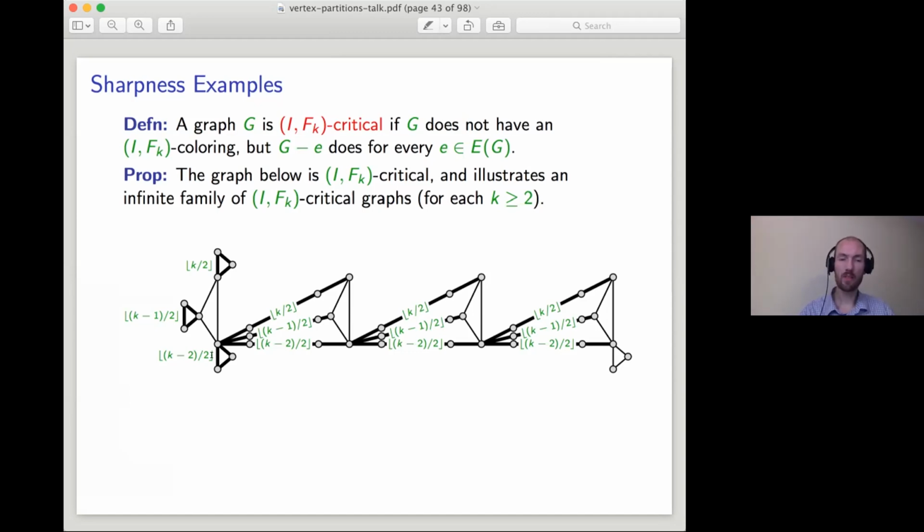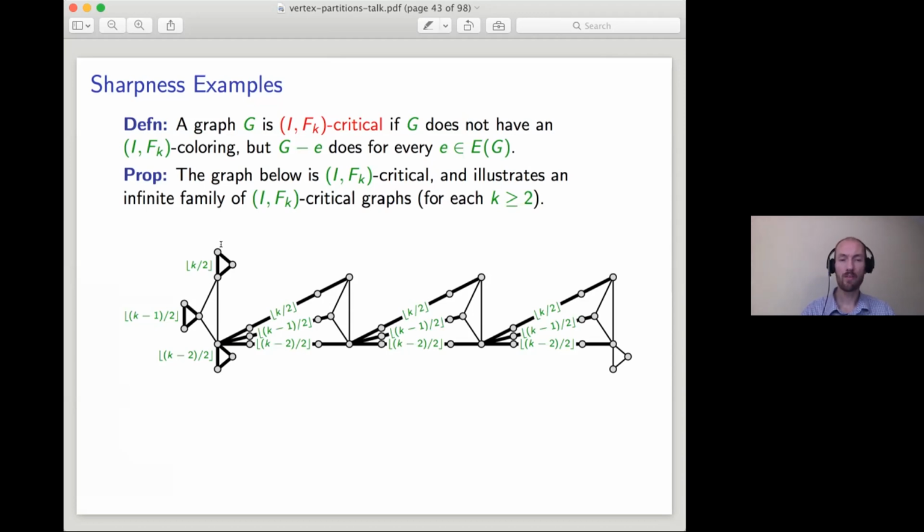And the first thing to note is that on this triangle, at most one of those vertices can be colored I. And what I want to show you is that you can't color V0 with I. It's going to have to be colored F. And the reason is, suppose that you colored it I, then each of W0 and X0 would be colored F,